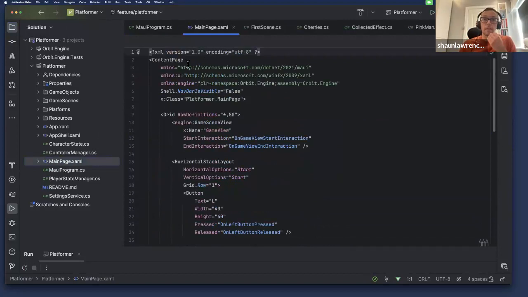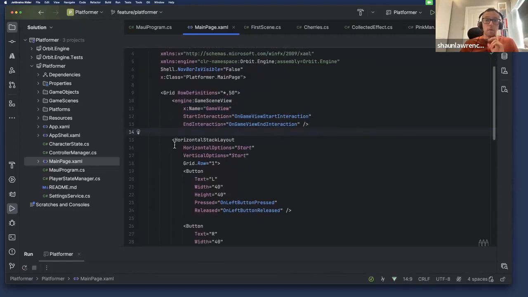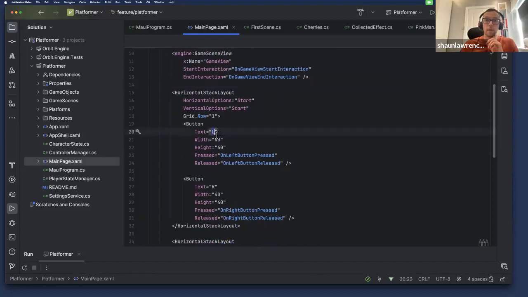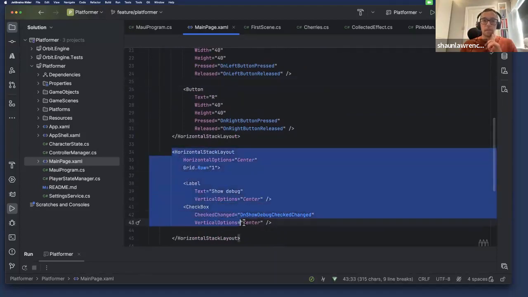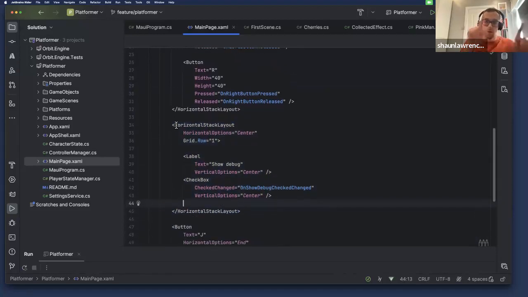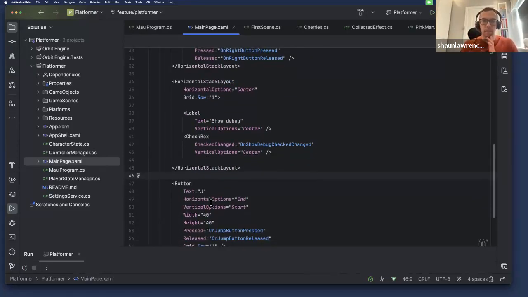We had the MAUI main page, the XAML, which allows you to then, as we showed, create the game scene view. This one is slightly more complex in the fact that we've added some buttons, rather crude at the moment, but they show that you can move left, move right. There's a little bit extra here, which will come into value when we actually run the application to show debug. It's just to allow us to show the bounding boxes when we're dealing with collision detection, because there's not a one size fits all for collision detection. So we can cover that topic shortly.